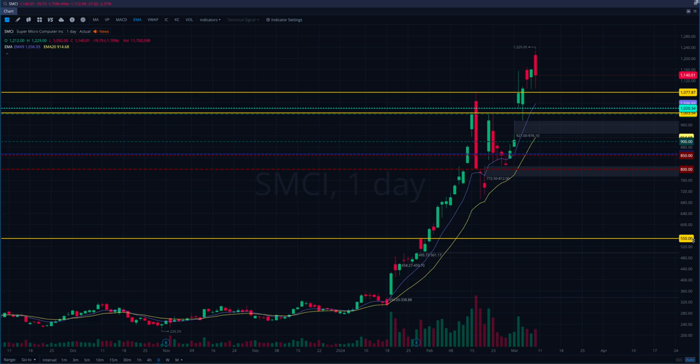So we're going to start here with SMCI because I believe of the 3 examples we're going to walk through today, this is the best, most textbook example of the Parabolic Short. And